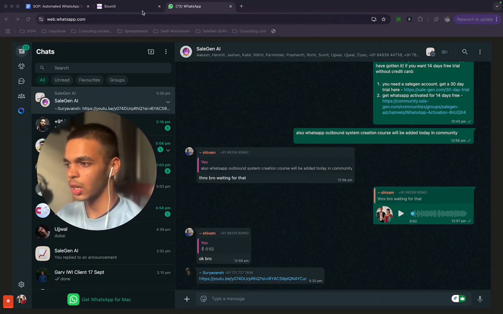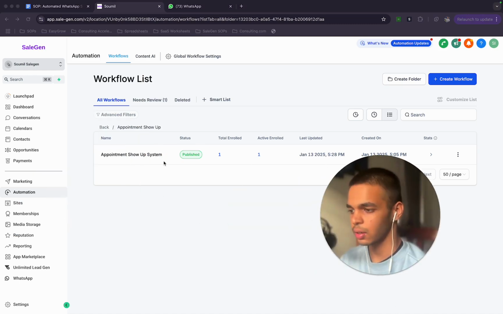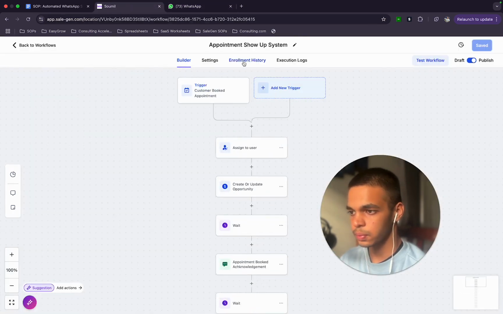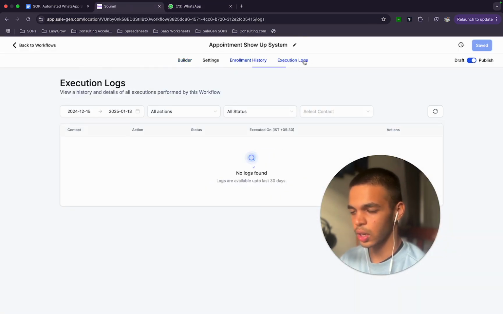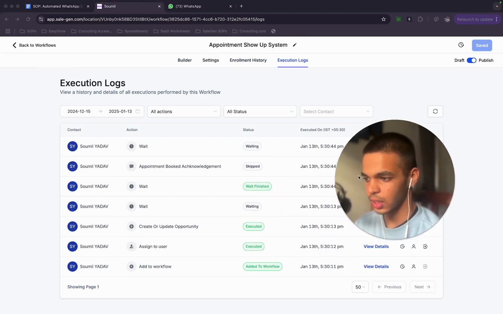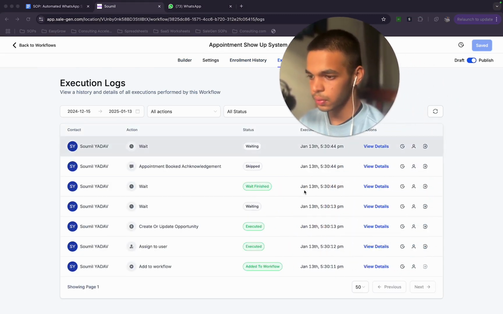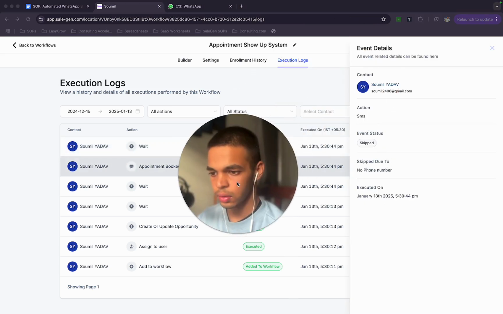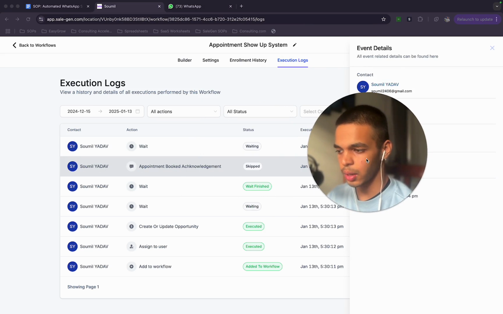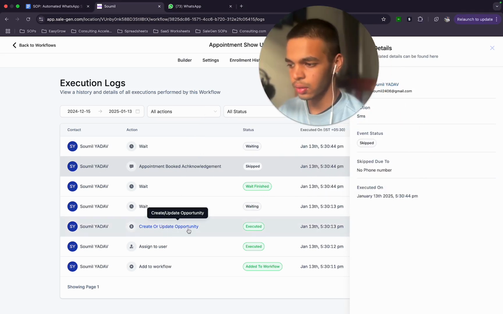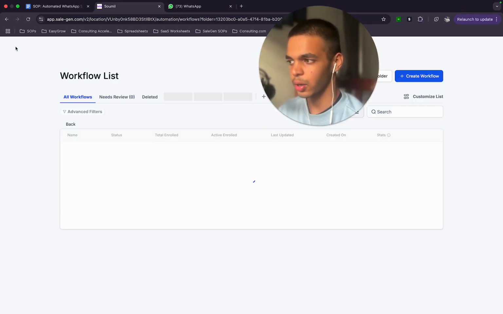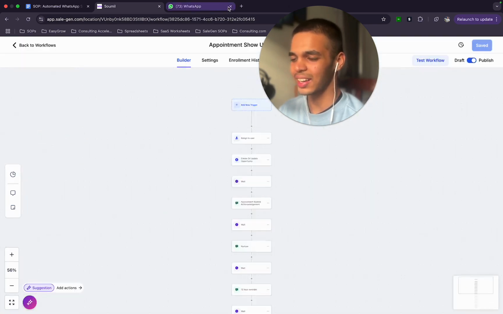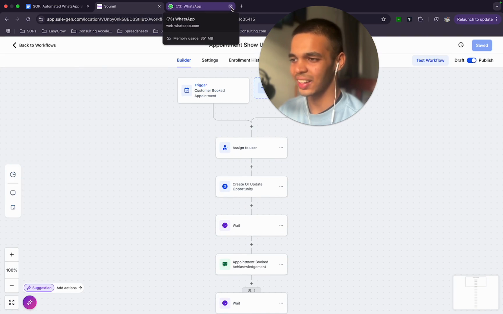Perfect, it should have come, but why did it not come? You can come to the execution logs to see what exactly happened. Why was appointment booking skipped? Oh, I think I entered my wrong phone number. That's the reason. But if people put in the right phone numbers,